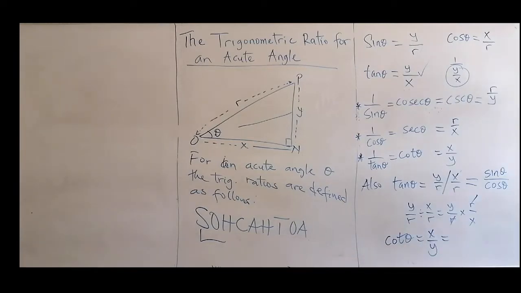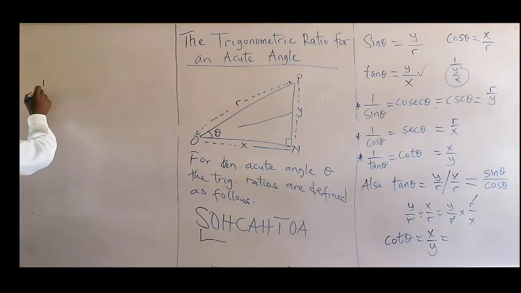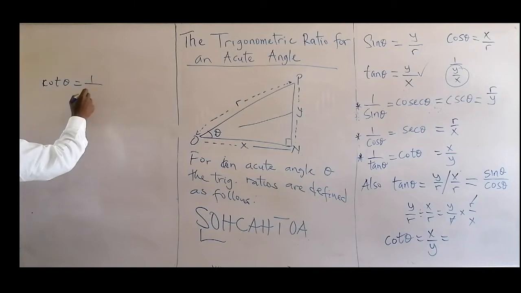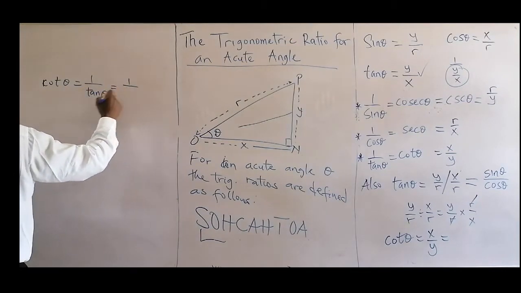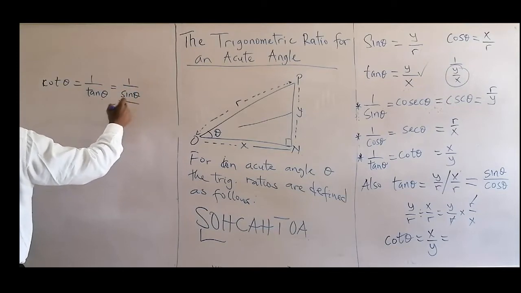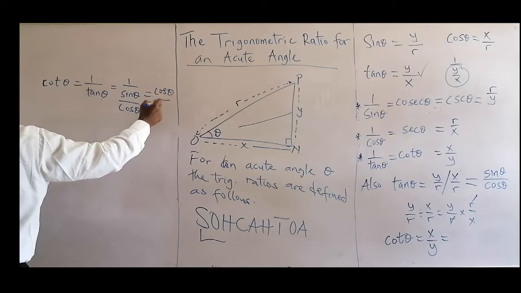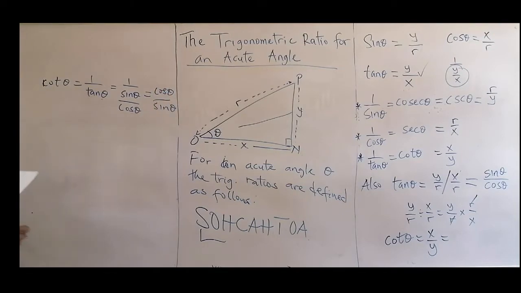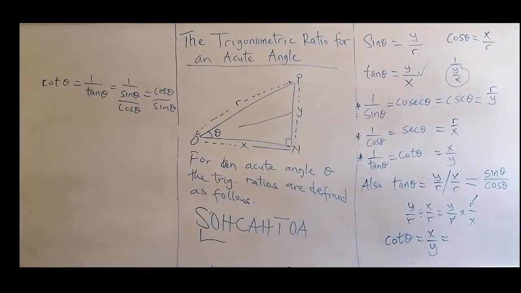If you want to establish it, cot theta is 1 over tan theta. 1 over tan theta is sin theta over cos theta, and that will give you cos theta over sine theta. So cot theta is equal to